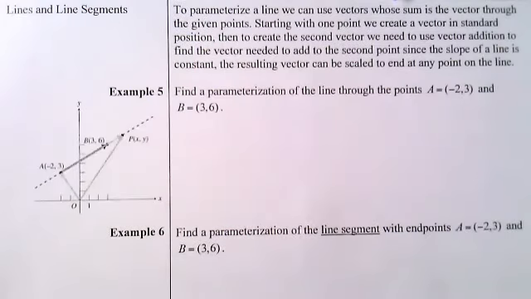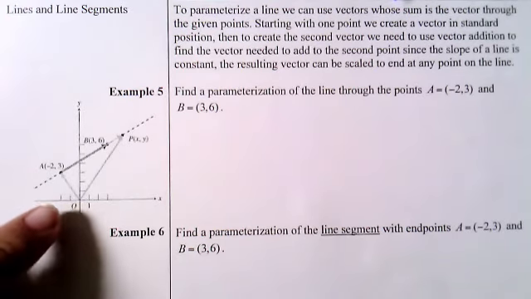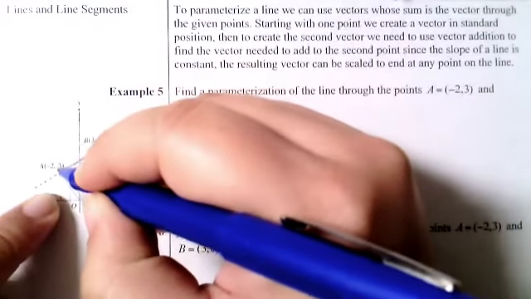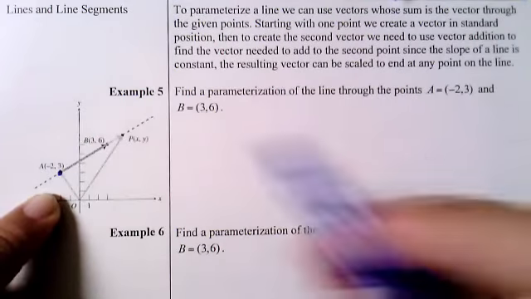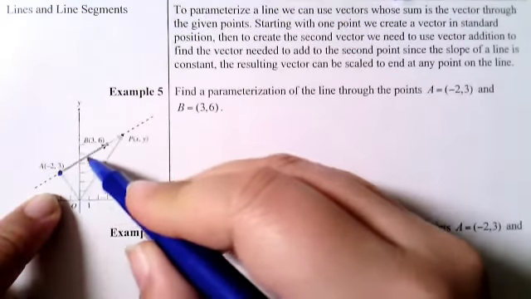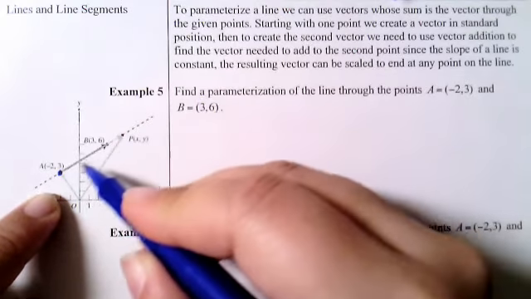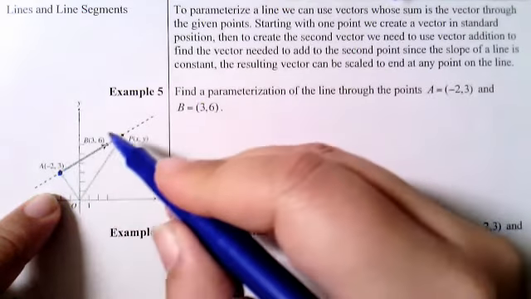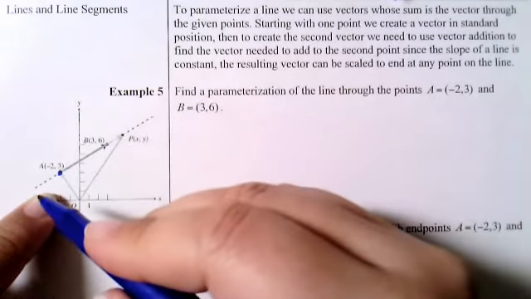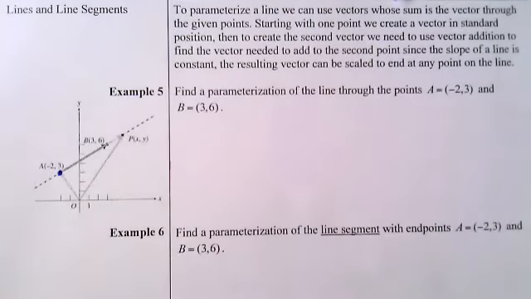The last topic that we're going to look at is parameterizing lines and line segments. And to do that, we're going to use vectors. A vector has a starting point and then a direction. And so with that in mind, we can parameterize a line by starting at point A, for example, and then saying that all points that are multiples of my vector give me points on this line. So what that looks like is